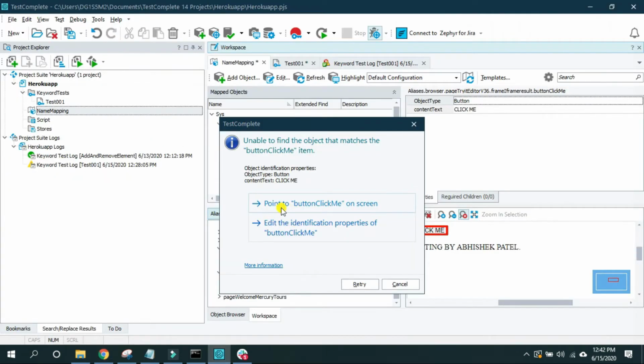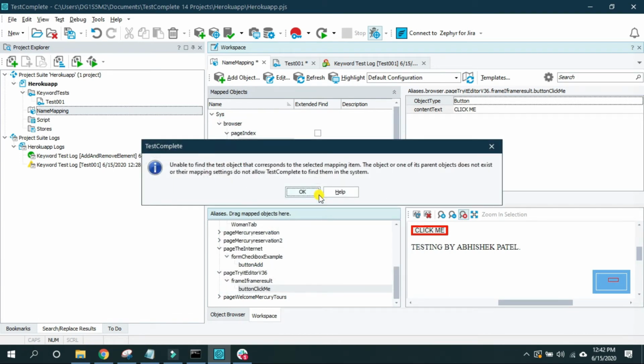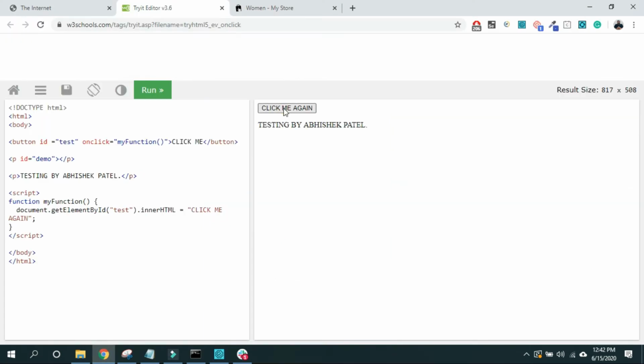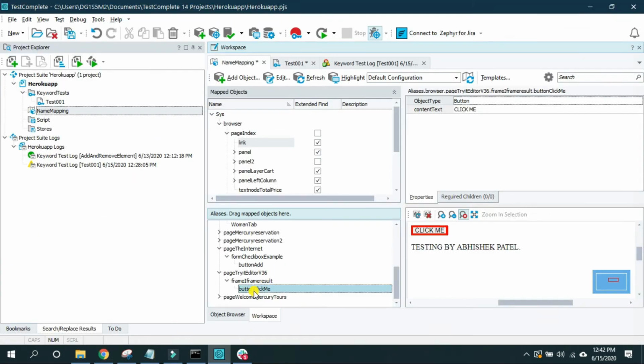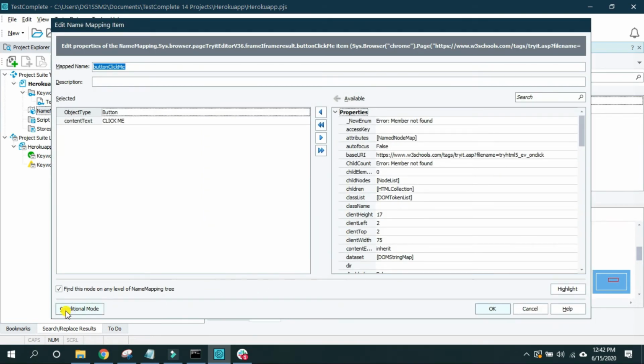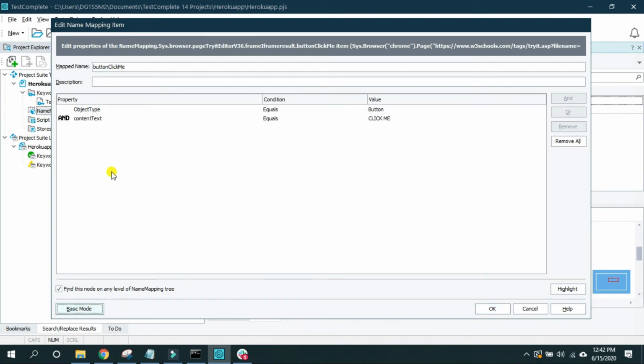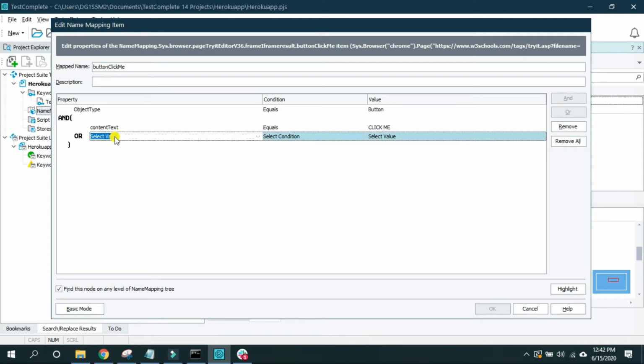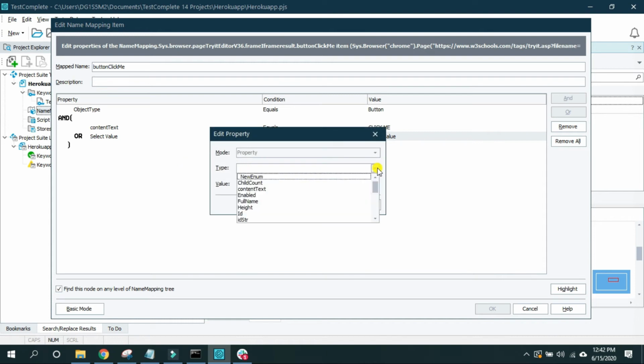So now TestComplete has a feature where you can handle this kind of objects. Let's see how to do that. First, you have to edit this object. And here there is a button called conditional mode. Click on it. And here I'm going to use a condition. First attribute TestComplete is using is object type button equals button. Second, it is content text equal to click me, and here in this line I'm going to add one more condition, or content text,